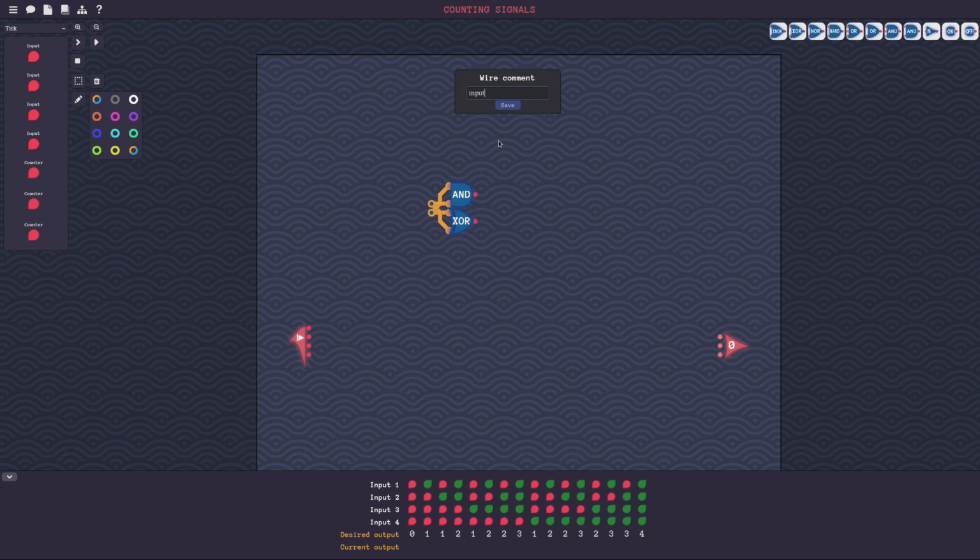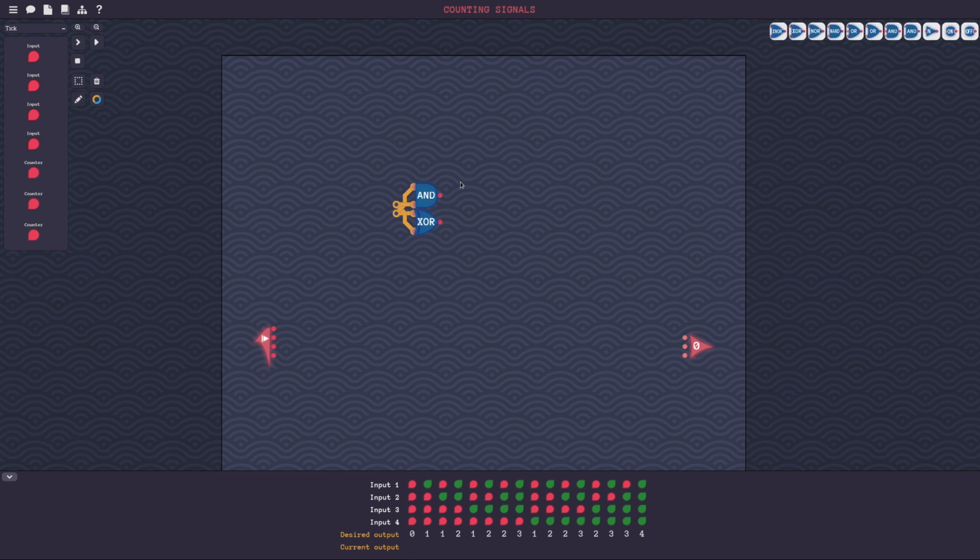Input 1. Oh no. Remove comment. Remove comment. Remove comment. This doesn't work. Oh, I didn't save. Okay. Let's save now. Okay, alright. Yeah, that's not...